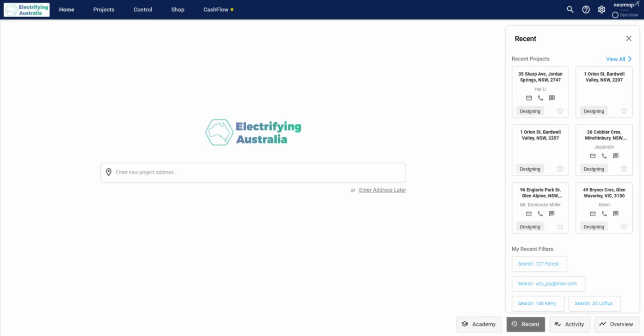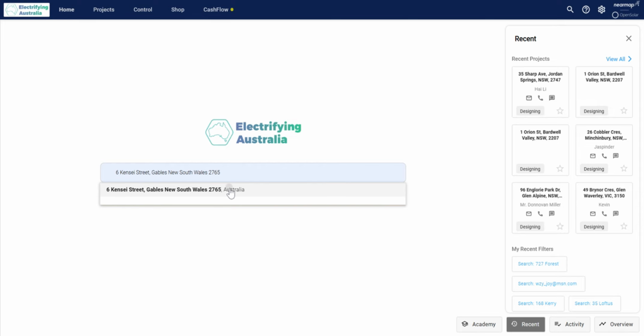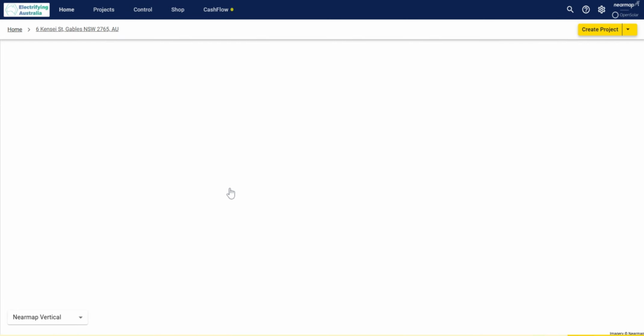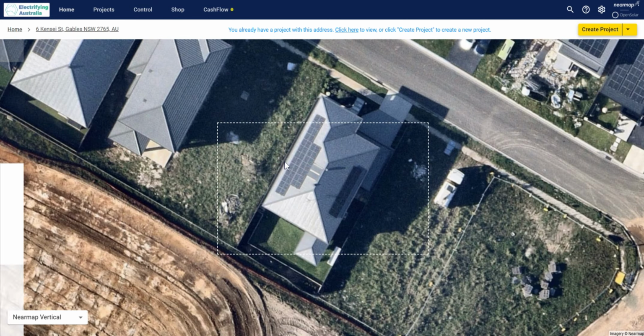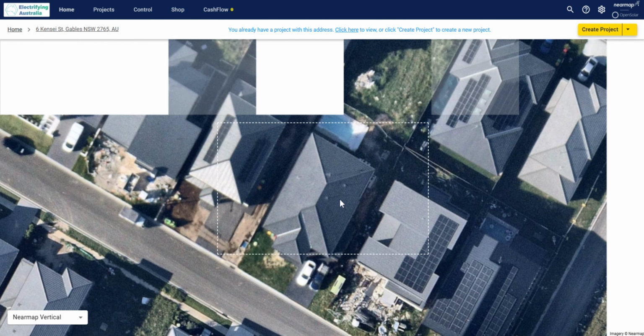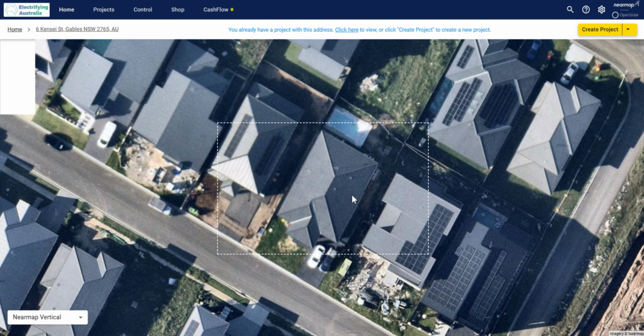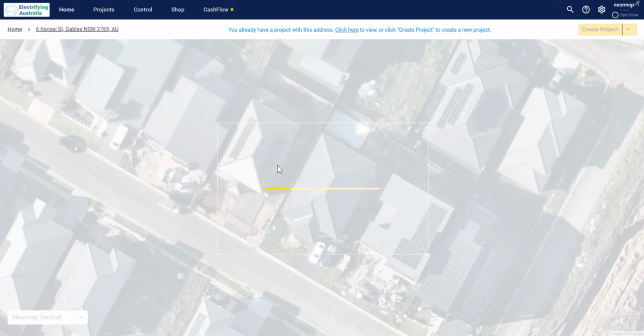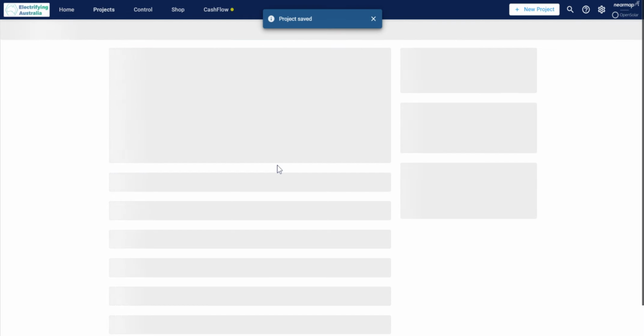Start the project by entering the client's address into the address bar. Then click enter and wait for a second to load. Then select the house you want to work in. Usually the house would be in center, but here, for demonstrative purposes, I'm selecting a house that has no